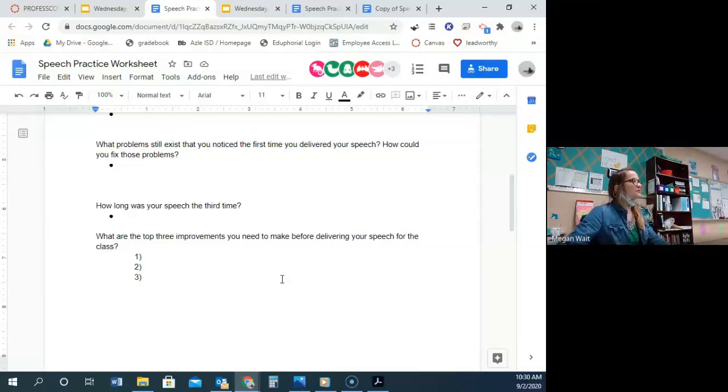Here is how you're going to practice by yourself. It's going to look weird, and you're going to feel weird doing it, but this is what every single speaker does before giving a speech. You are going to pick a wall and deliver your speech to the wall. Last period, it was super cute. Everybody lined up in a nice straight line down the hallway, speaking to walls, and it was great. I took a picture because I was so proud. You can use the walls in here or in the hallway.